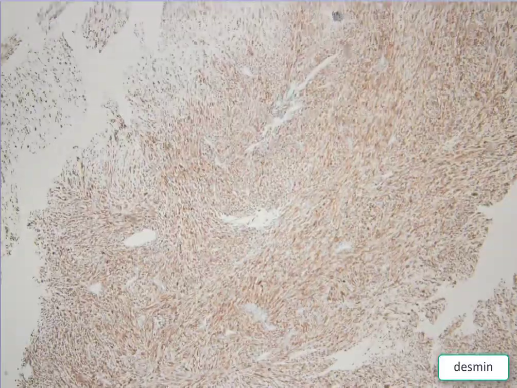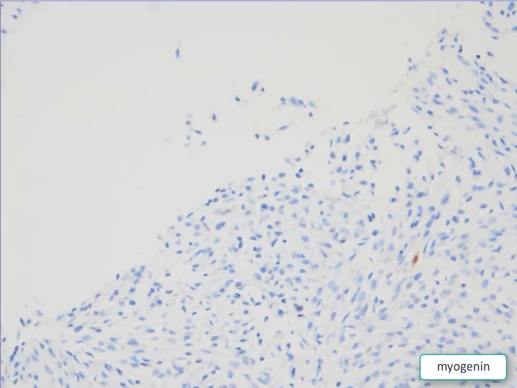And here is the desmin. Desmin is very nicely demonstrated here, and the cells are desmin and cytokeratin positive. And of course, other myogenic markers or rhabdomyogenic markers like myogenin. Myogenin was also largely negative, so you shouldn't stop here. And okay, here there's just one cell or two, and of course in these cases myogenin could be negative or very focally positive,